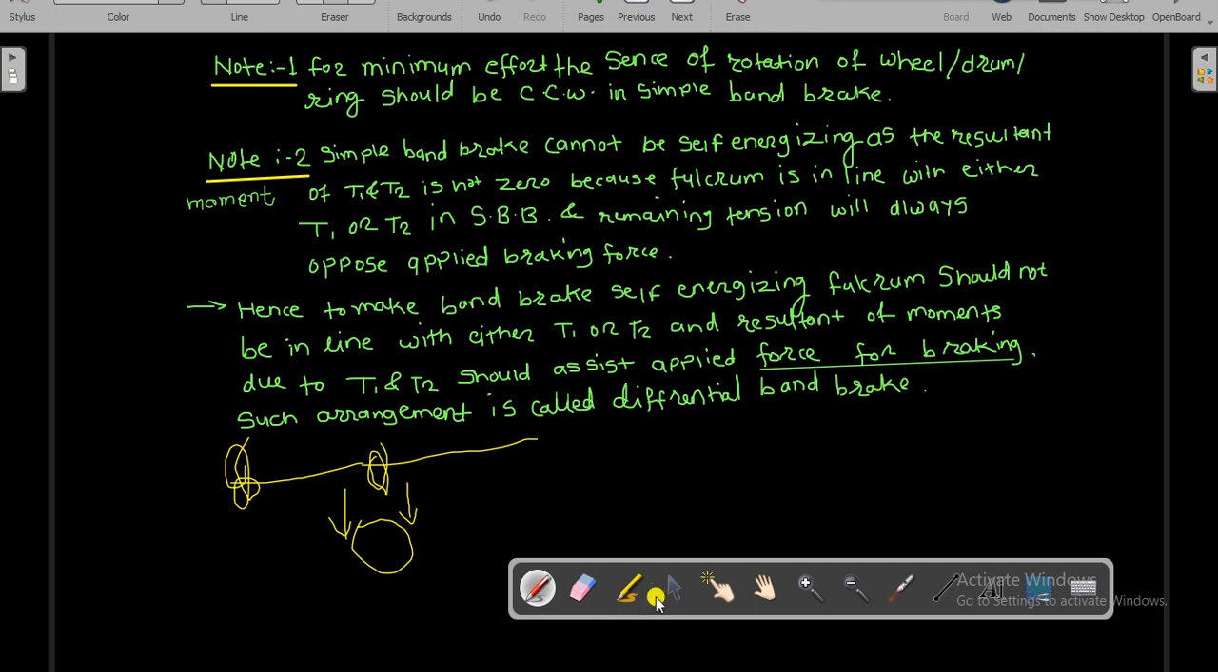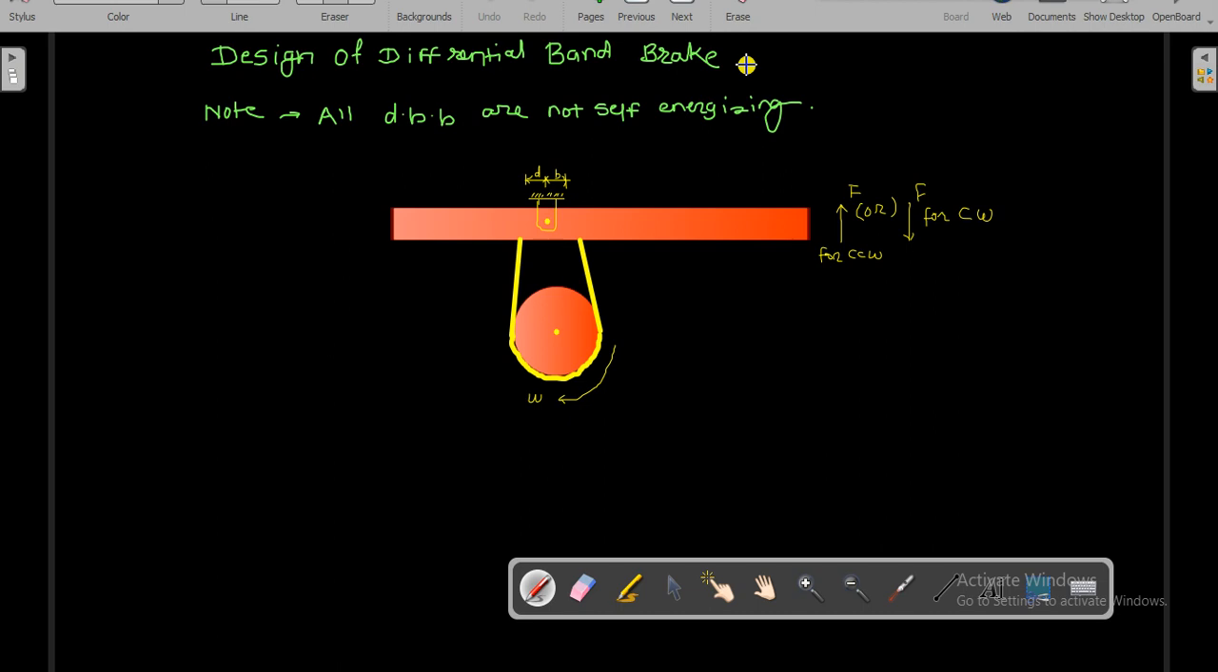The answer is no, right? But in many cases it can be self-energizing, not always, but it can be. So for the design of a differential brake, we will start from here, by changing the position of this fulcrum. Now, whether we should apply force to create a counterclockwise moment, or apply force in the downward direction instead of upward to generate a clockwise moment,